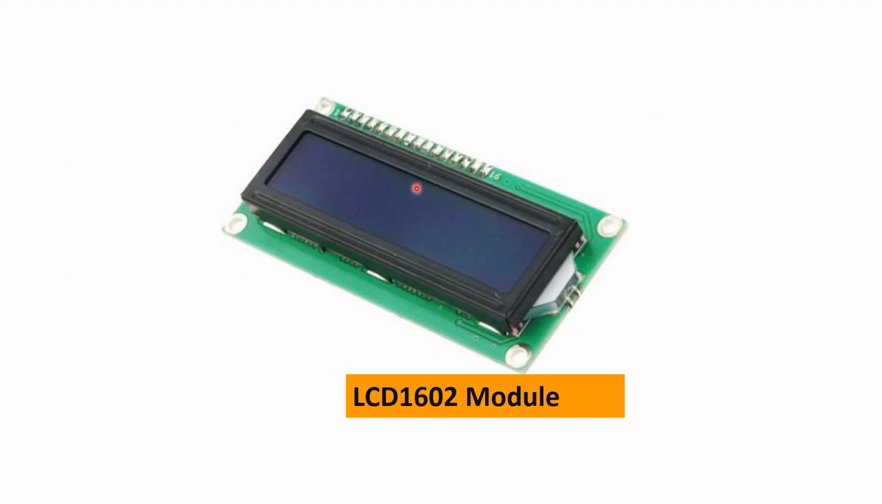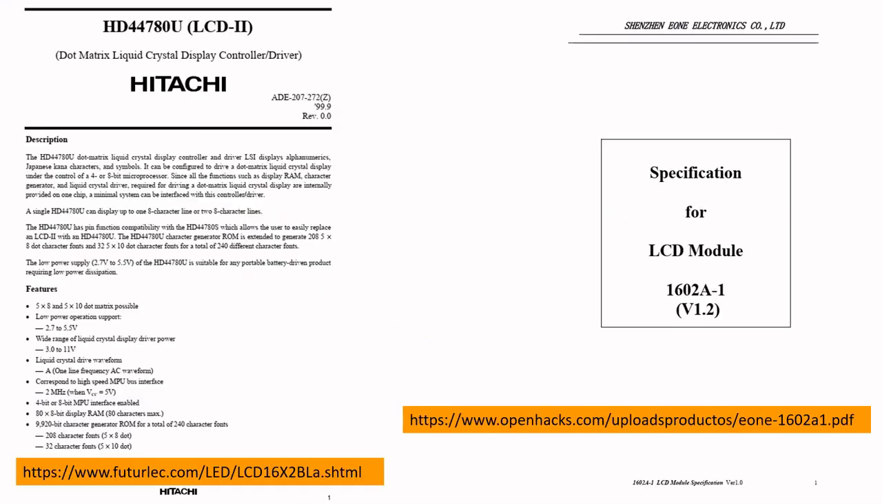Now, the 1602 is actually pin compatible with, or in fact identical to, the HD44780U LCD module. That is the Hitachi version of this. And the instruction set and the initialization process of both modules are exactly the same. All right. Now, to fully understand how these LCD modules work, I strongly recommend that you get a copy of